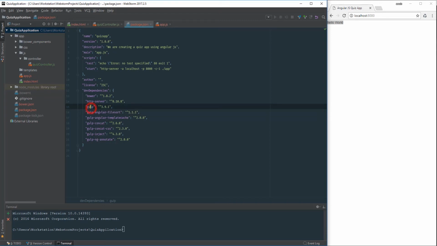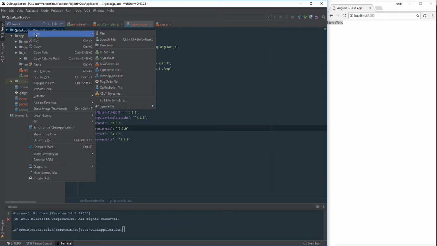So we install Gulp, Gulp Angular file sort, Gulp Angular template cache, and Gulp concat CSS. Now we're going to use these to organize our application into a few files. Okay, let's do it. For that, we are going to create a new file in our quiz application,